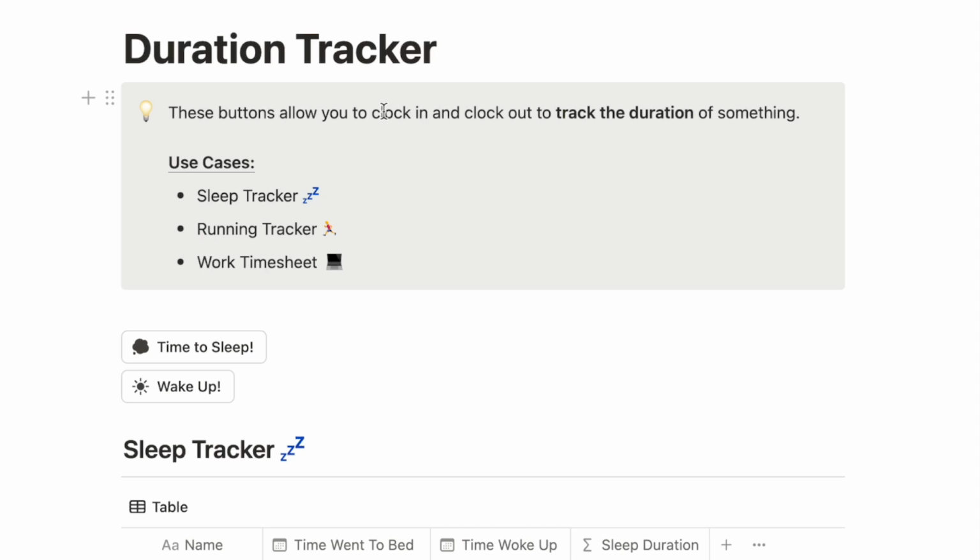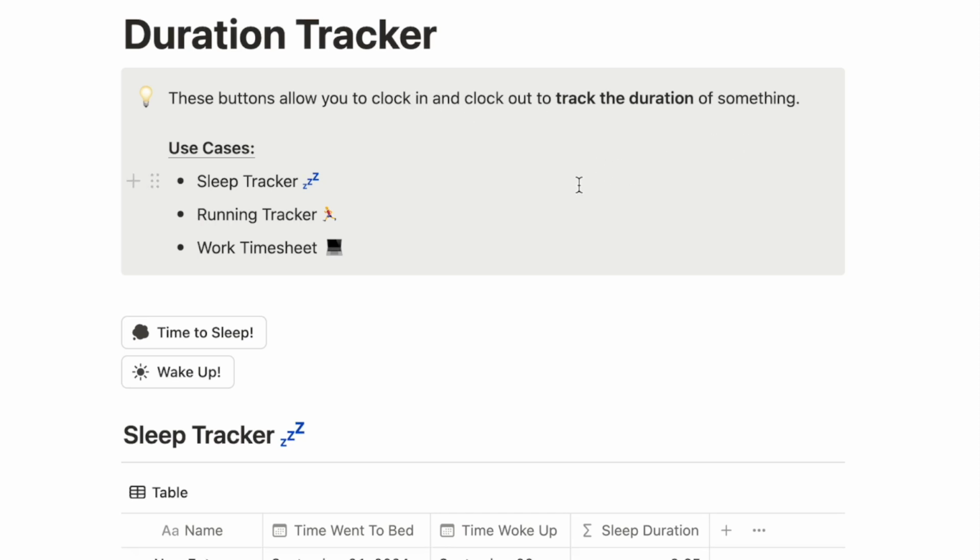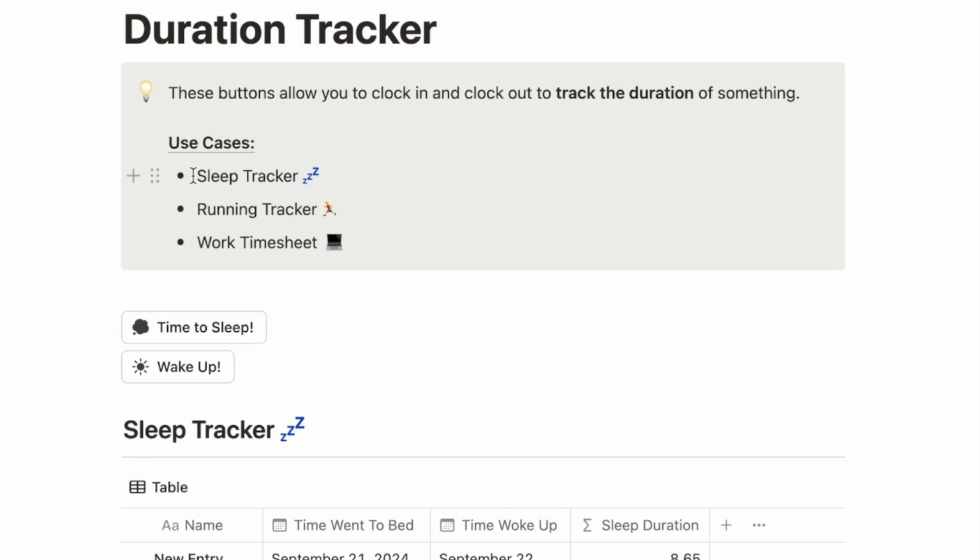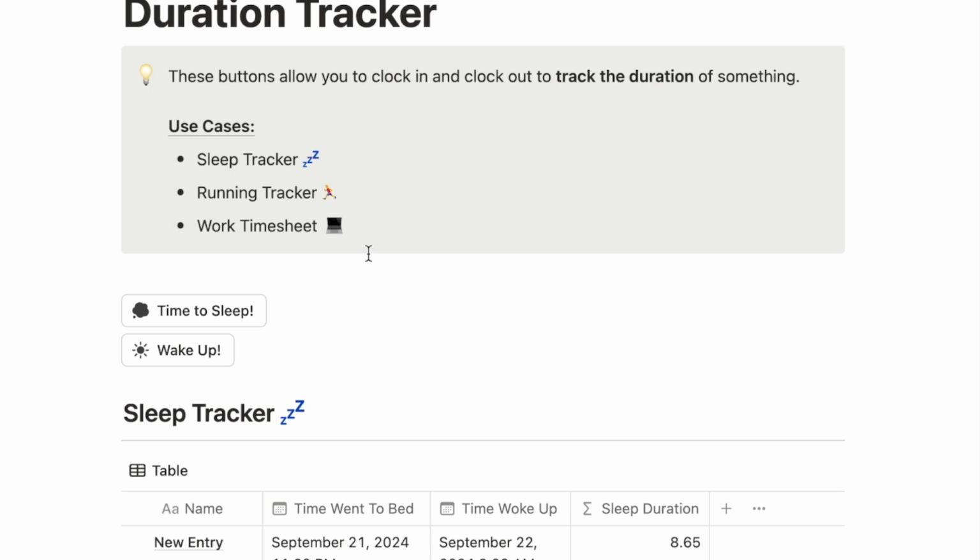So these buttons allow you to clock in and clock out to track the duration of something. There are many different use cases for a duration tracker. You could do something like a sleep tracker, which is going to track how long you're sleeping, a running tracker to track how long your run is, or a work timesheet to track how long it takes you to complete